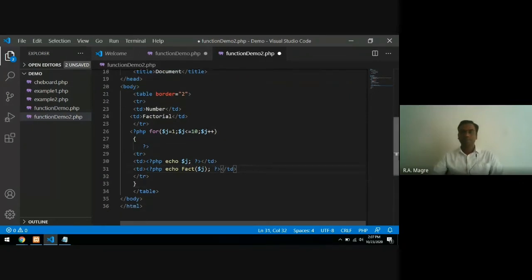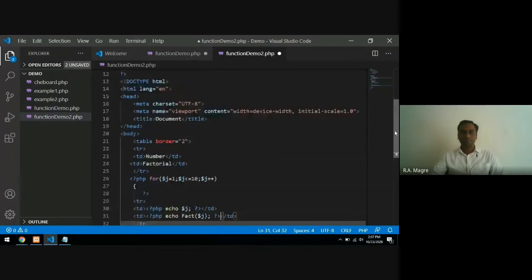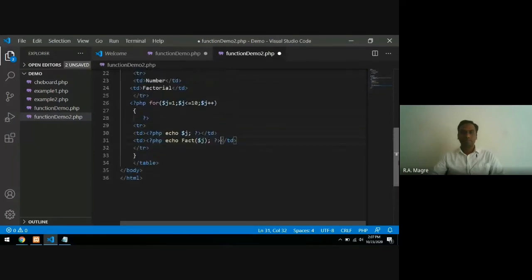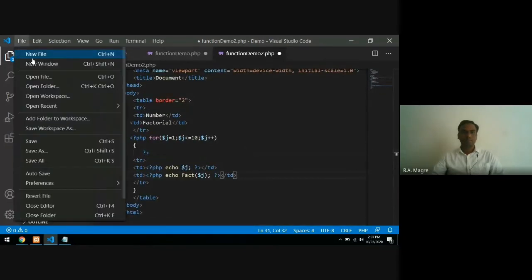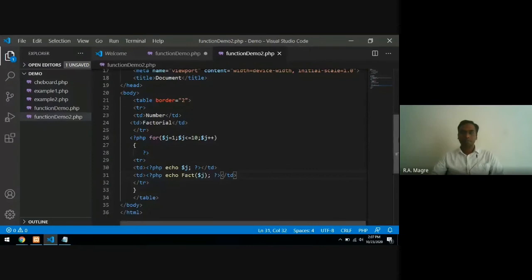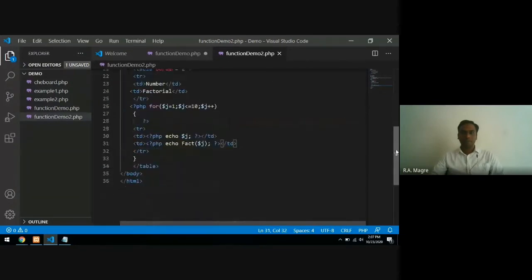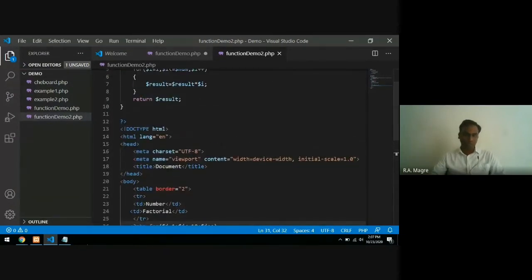Okay. Save. And now we will see the output. Function demo 2.